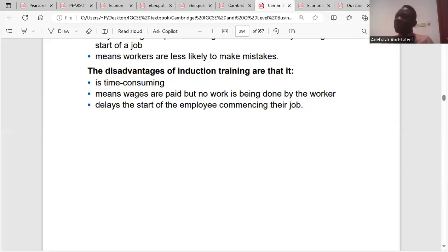One, it is time consuming because you have to train them. It has to go through rigorous training, so it takes time to train them. Two, wages are paid, but no work is being done by the worker. Their induction is also part of their work, but they are not producing, but they will be paid